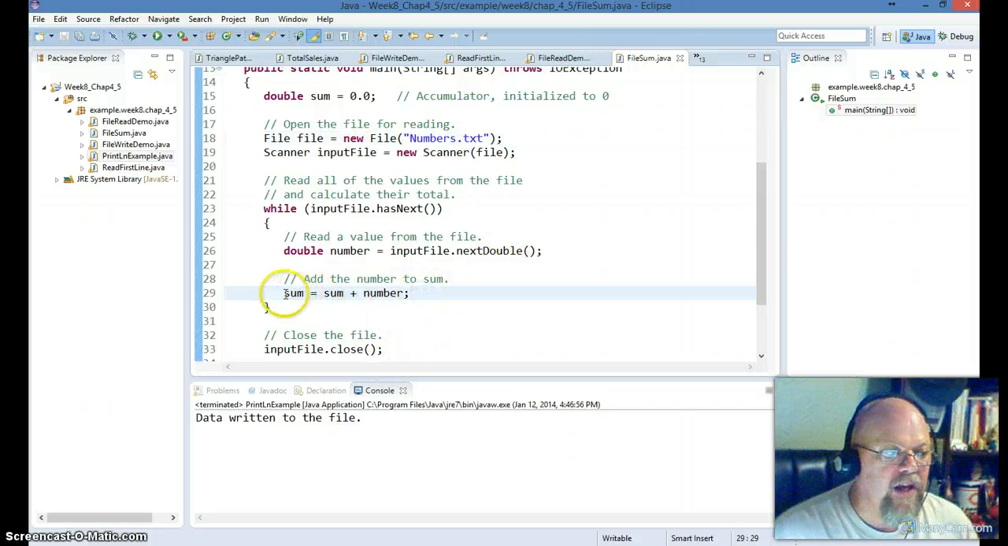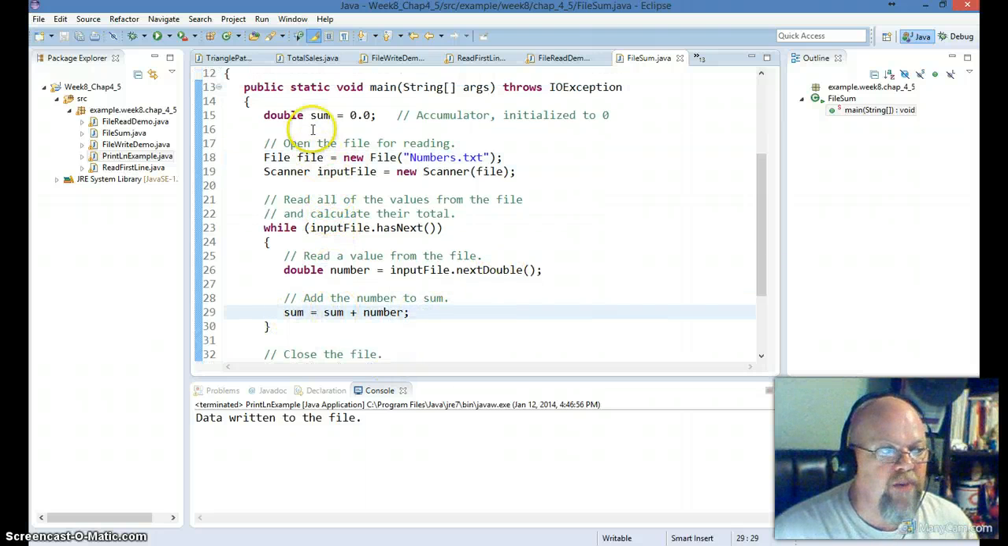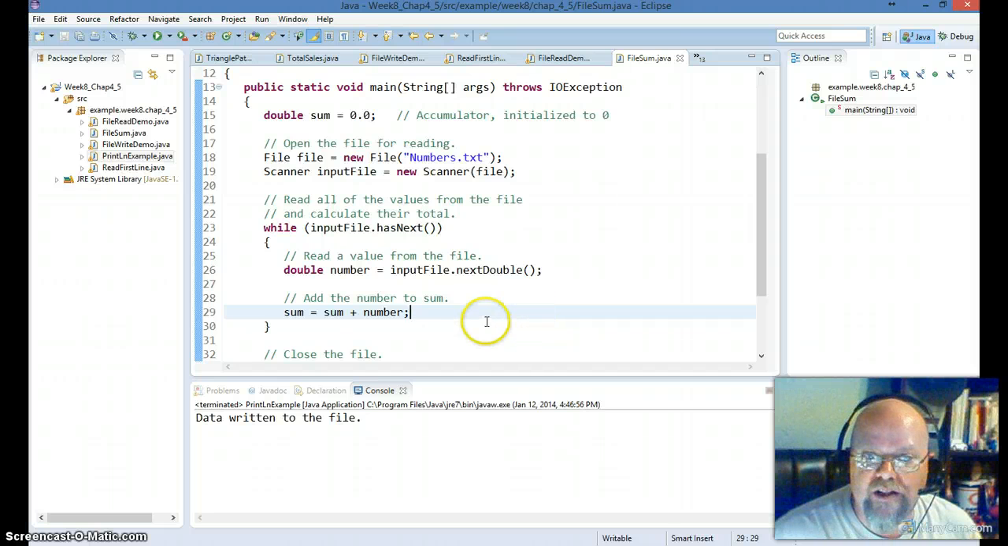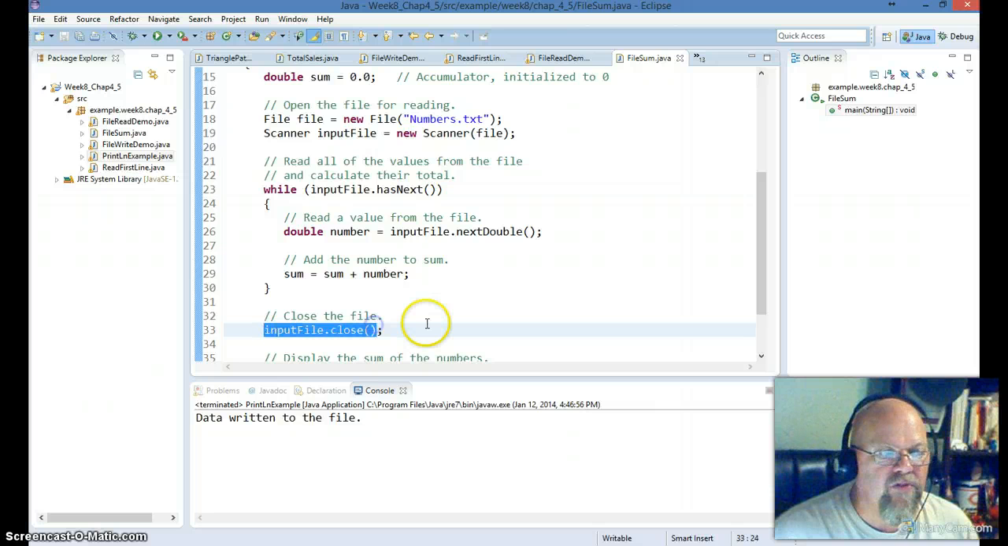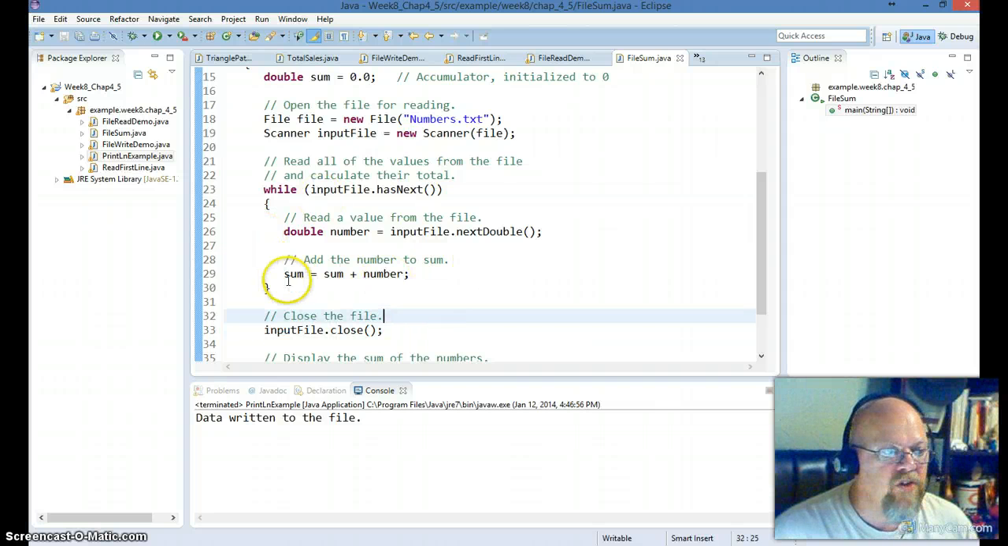And then I can say sum. Right up here I've got double sum equals 0.0, so I'm initializing it to 0. I can say sum equals sum plus number. I could have also said sum plus equal number. I remember that from last chapter. And then again, we always make sure we close the file when we're done. Okay. So again, if I were to run this,